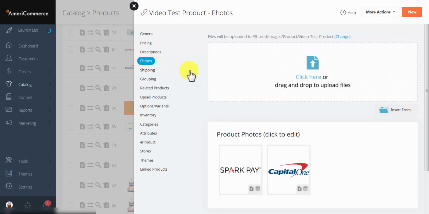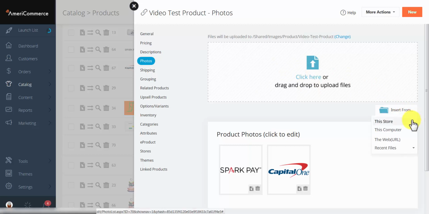And from here we can upload new images for our product. We can do that in a few different ways, such as the green New button in the top right hand corner of the screen. Or we can click in this area right here. Likewise, we can drag a file and drop it into this area. And lastly, we have the Insert From button, where we can upload an image either from our store, our computer,